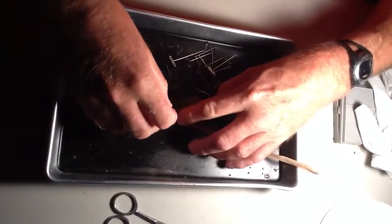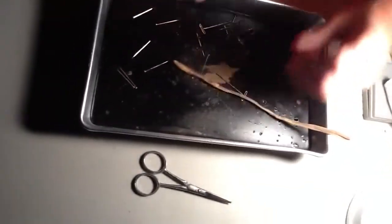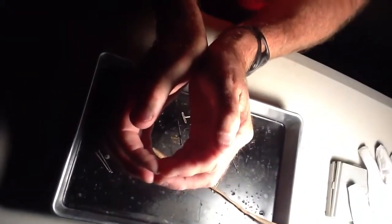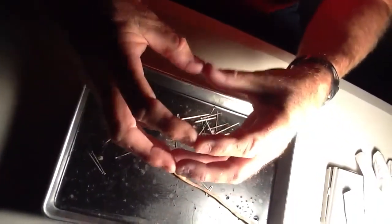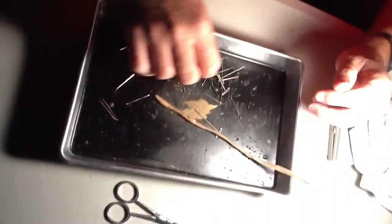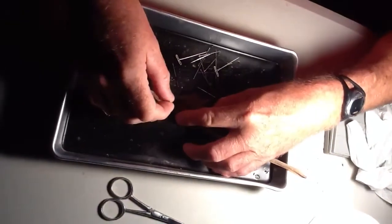And then I just start pinning it open. I pin open one side. Now the thing is, you have the worm, and all the sides are attached. There's actually tissue that supports the sides, and we have to scrape that tissue out so we can open it up. To do that, I'm going to use a pin, and I'm just going to take it and kind of